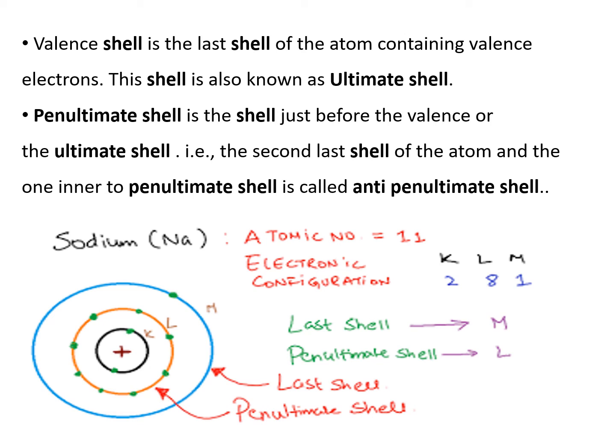So if we take the example of lithium, sodium and potassium, potassium will be the most metallic element because it has the maximum number of shells, and so its tendency to lose its one electron is maximum. We can even say that potassium has the highest reactivity because its tendency is highest to lose one electron and become stable.